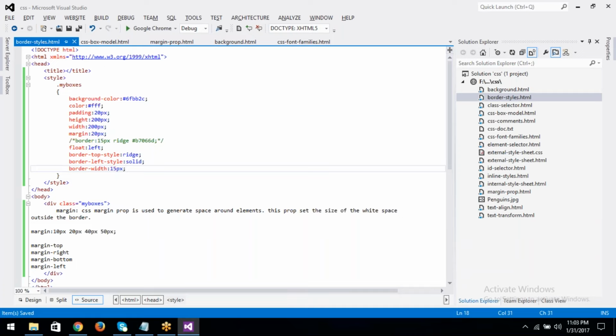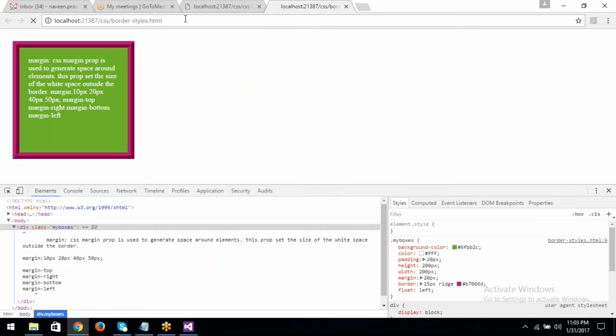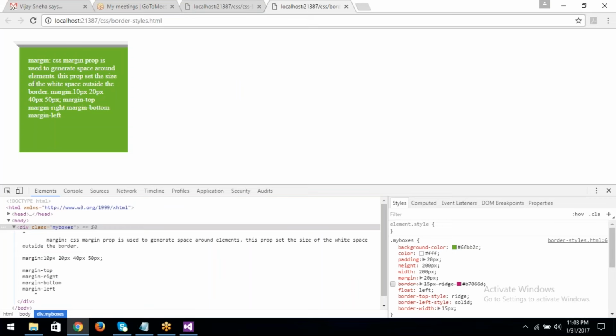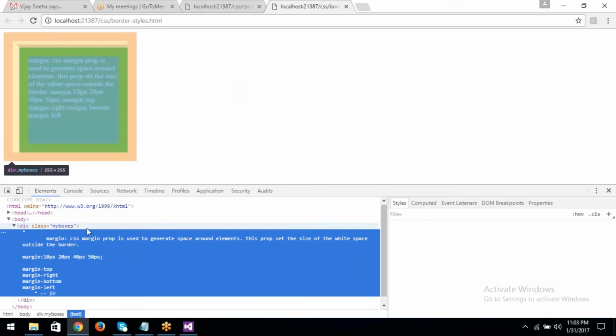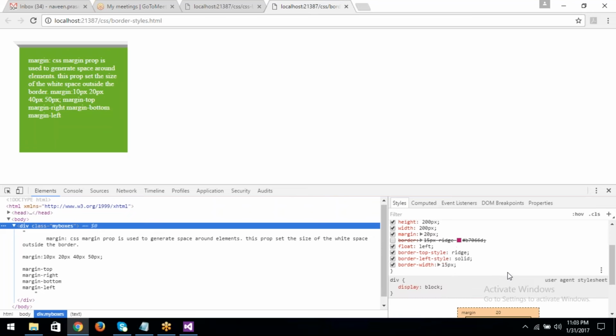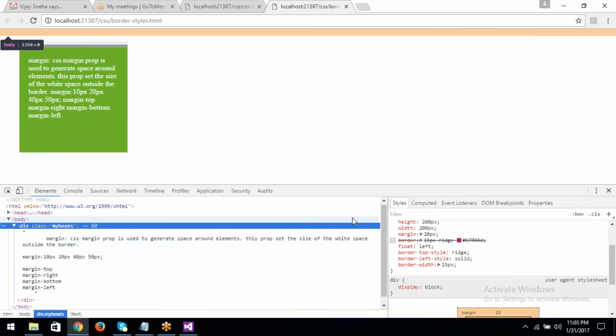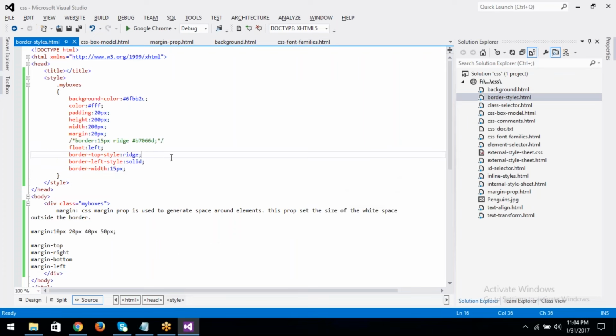So like this we can set the individual borders. Border left side, top style, and border width. And next